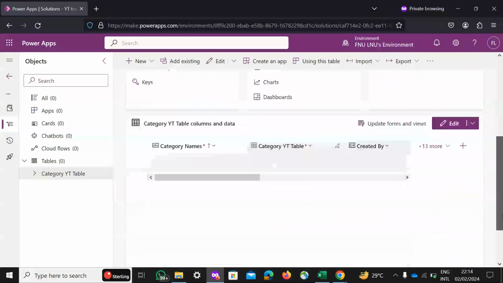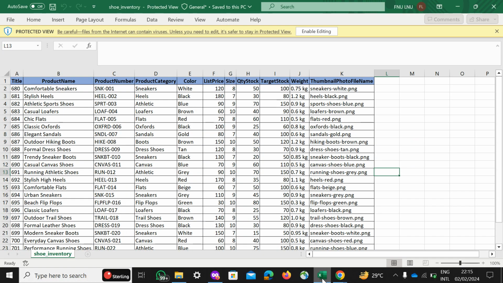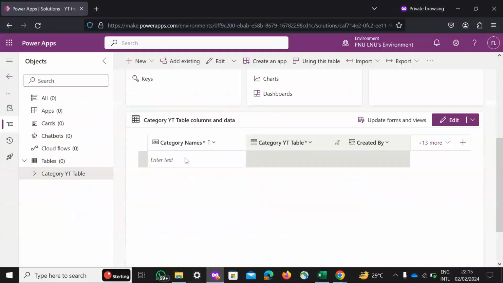Now we want to create the various categories that we have. So the first category from the Excel, we are using this product category. Now we have sneakers, heels, athletic, loafers, flats, Oxford, sandals. So let's just do a few to preserve our time. So the first is sneakers,